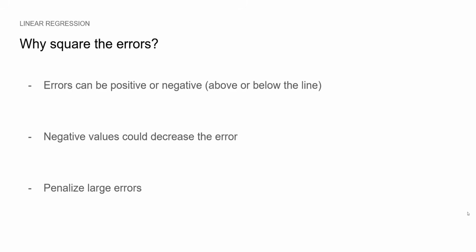Now you might wonder, why do we square the errors? Well, as you saw, the points can lie above or below the fitted line. So the error can be positive or negative. If we did not square the error, we could be adding a bunch of negative errors and reduce the sum of errors. It would trick us into thinking that we are fitting a good straight line, when in fact we're not. It also has the added advantage of penalizing large errors, so we really get the best fit possible.